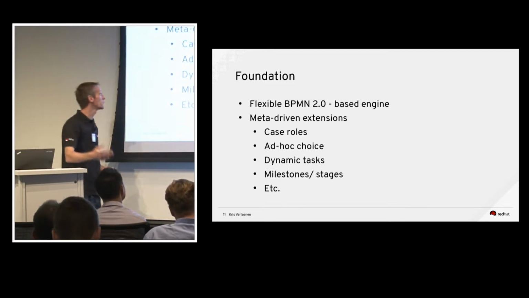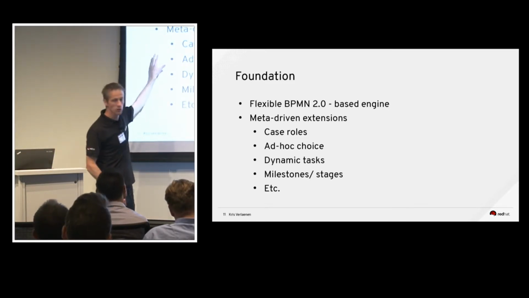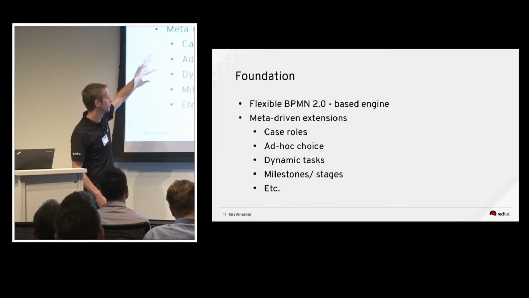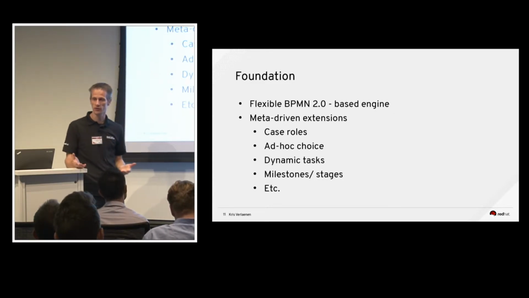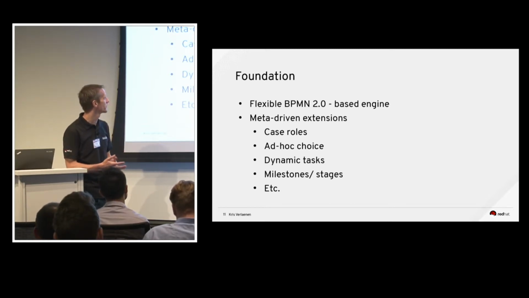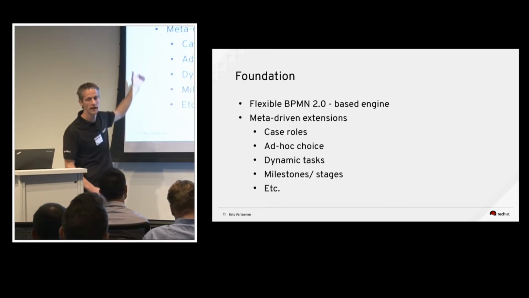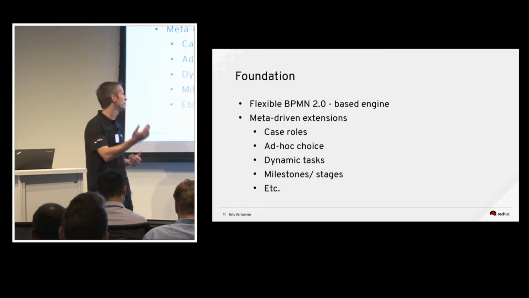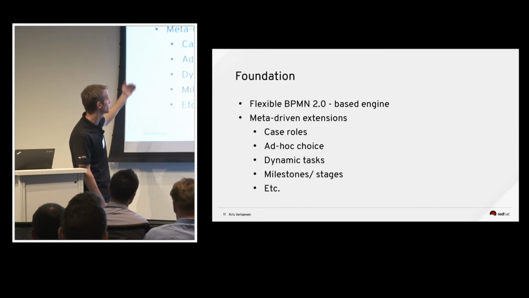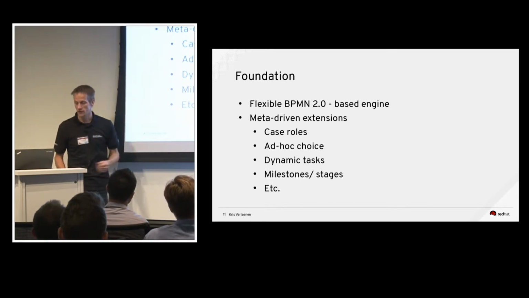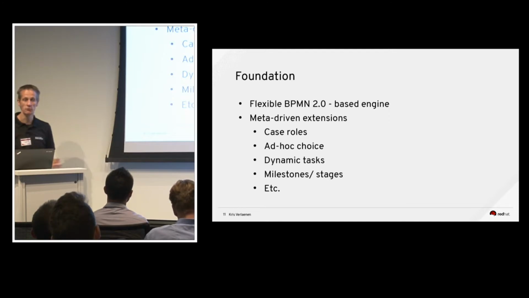All right. So how do we implement that? We have a flexible BPMN2 engine, since version 5, basically. And a lot of these kind of capabilities are already possible. If you look at BPMN2, it's got the concept of the ad hoc subprocess. So you can already do things like ad hoc and dynamic tasks, etc. Some of the things simply are not directly supported, like case roles, but they can easily be added as a meta-driven extension. You can extend the spec with custom properties. Since they don't immediately affect the execution, this is the recommended way that the specification defines. So some of these additional capabilities are simply implemented as meta-driven extensions in the